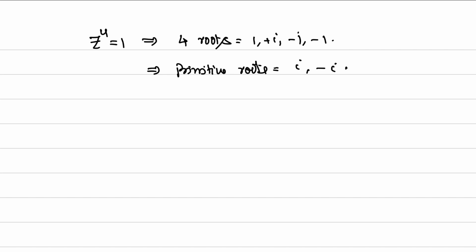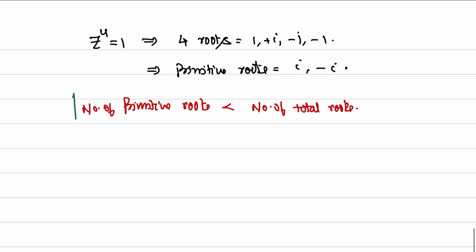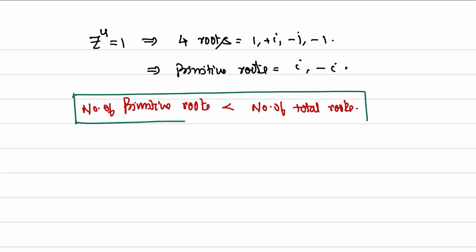When you talk about the primitive roots, the number of primitive roots is less than the number of total roots. This you please remember. In an examination, if it is asked, then without any doubt you should be able to recollect this example. See the solution of this example 1 or 2 times if you could not get it. This is the concept. Now, if n is equal to 276,